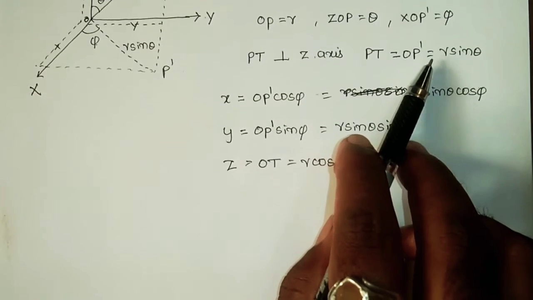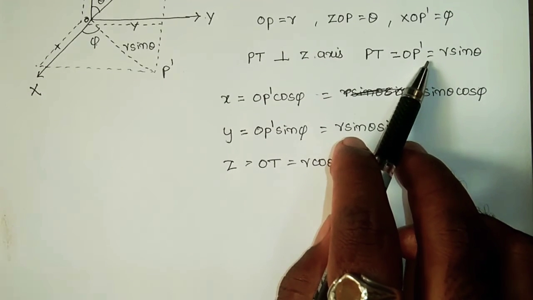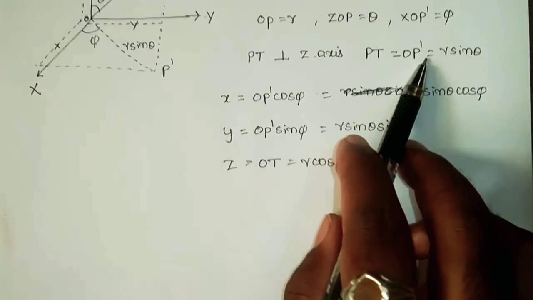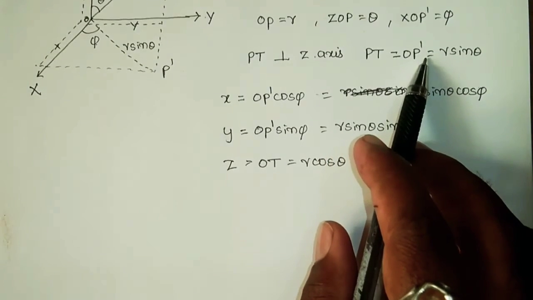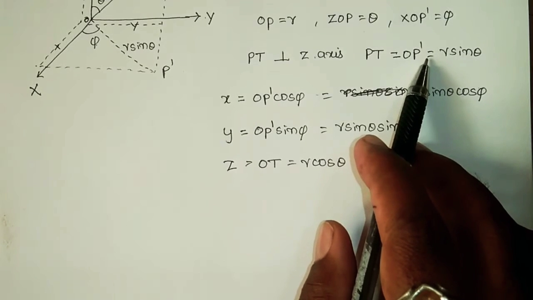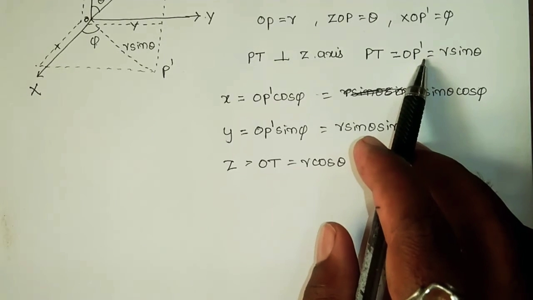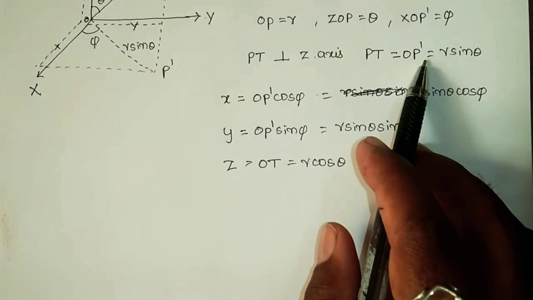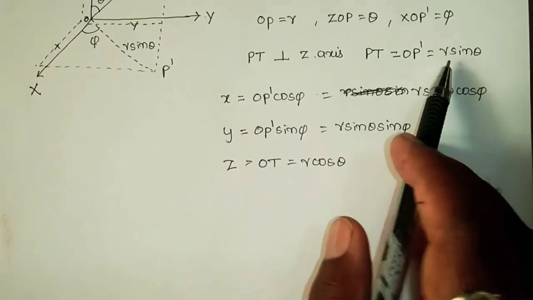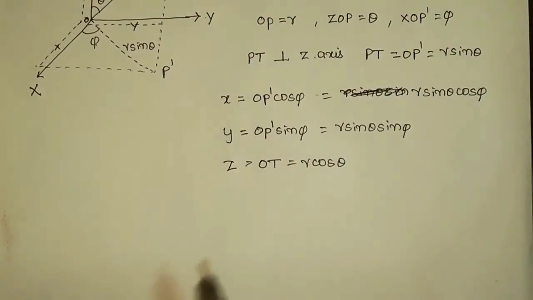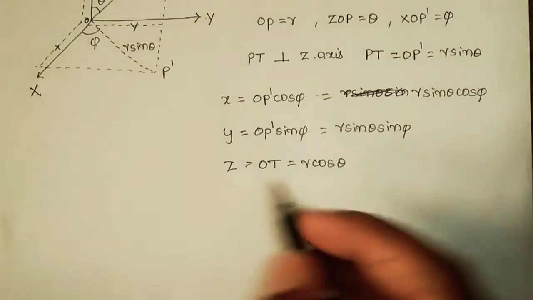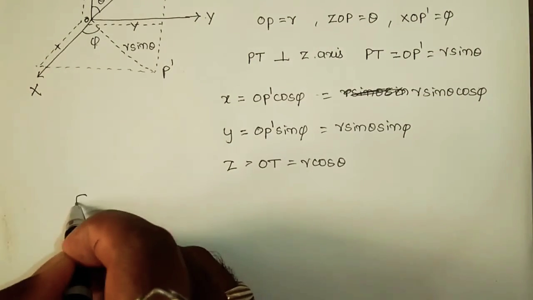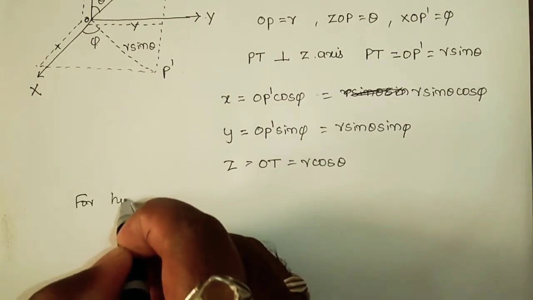And our main motto is to apply the Schrodinger wave equation for the hydrogen atom, right? So the hydrogen atom is the very simplest of all the atoms, wherein we have only one proton at the nucleus and one electron revolving around the nucleus. And the atom is a three-dimensional system, and for that three-dimensional system, the Schrodinger wave equation can be applied. That means for the hydrogen atom,